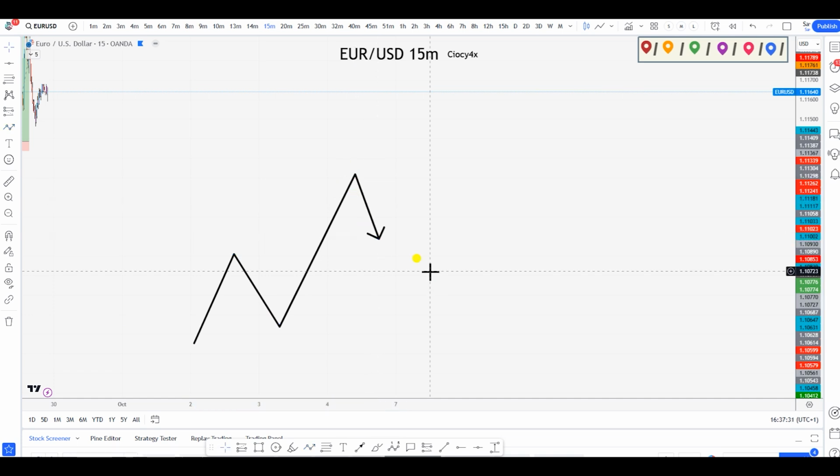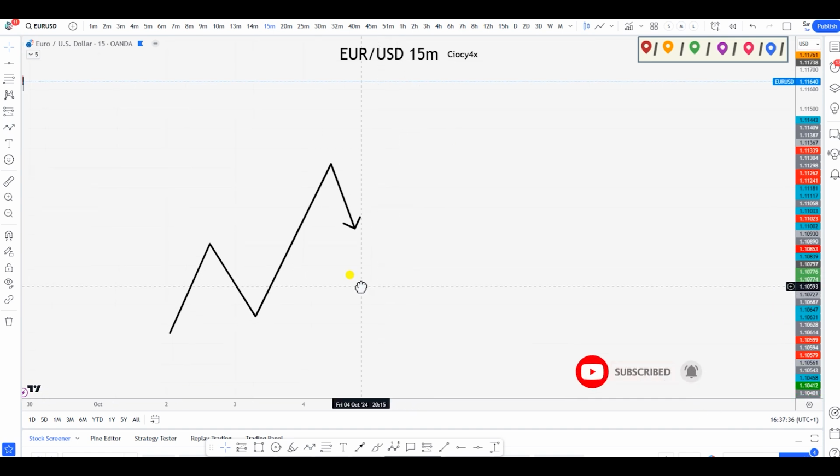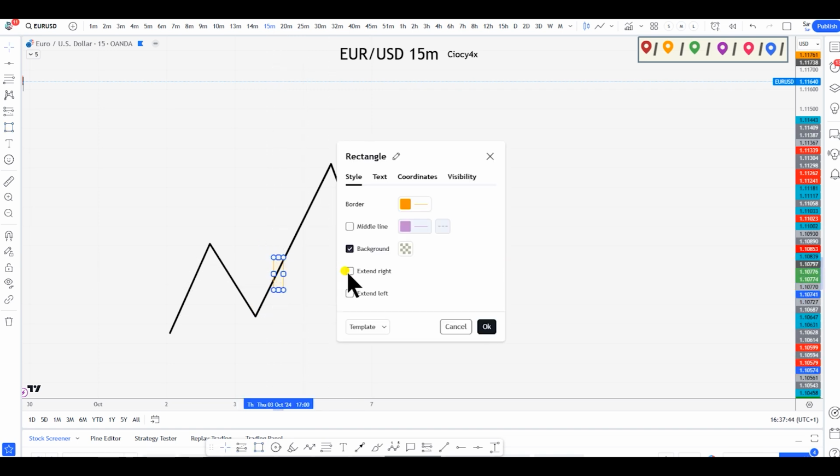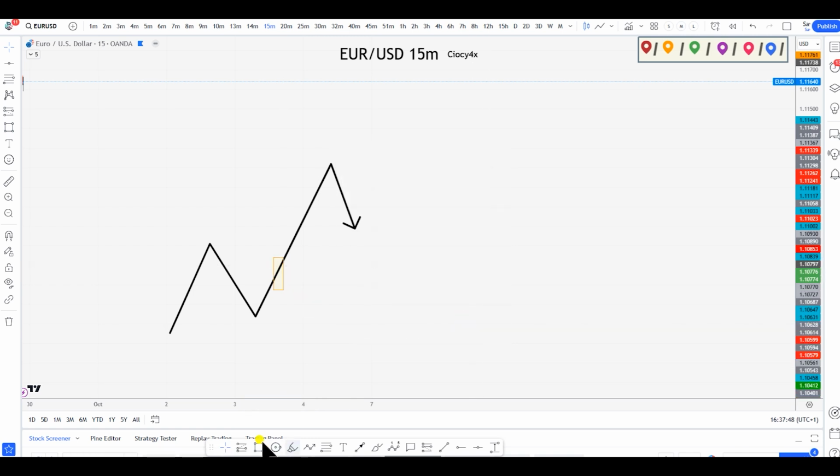So the problem is that nowadays there are so many concepts and topics out there, okay? People will tell you to focus on so many things. They will tell you to focus on some sort of, let's say, imbalance over here, right? Because imbalance needs to be filled and it's very important that we target the imbalance. Or probably they will tell you, look, there is a liquidity over here and the liquidity needs to be targeted, right? Or liquidity over here needs to be targeted. Then I don't know, some people might pull up the fib and say, oh, look, there is a 50% or there is a 61, there's a retail level. Some other people will be like, oh, there is a build up, you know, you got liquidity over here. So wait for the liquidity to be taken. When the liquidity gets taken out, you target the opposite direction.